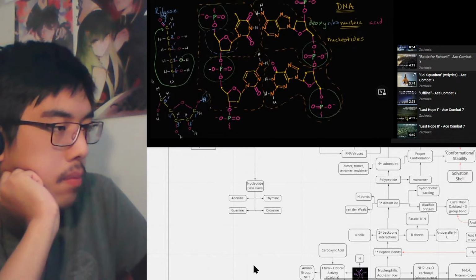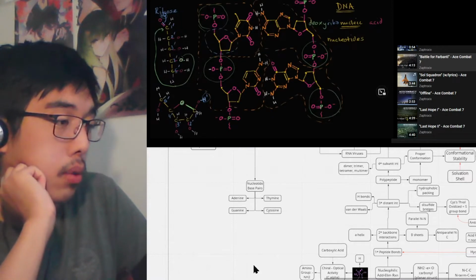And this green bond that gets formed between the oxygen that's attached to the 4' carbon and the 1' carbon, that's this bond right over here. This oxygen is that oxygen right there. Notice this oxygen is bound to the 4' carbon, and now it's also bound to